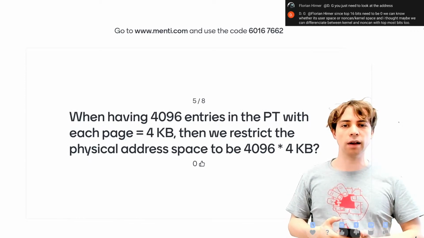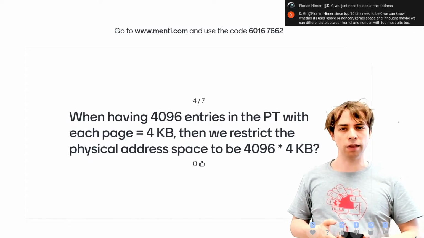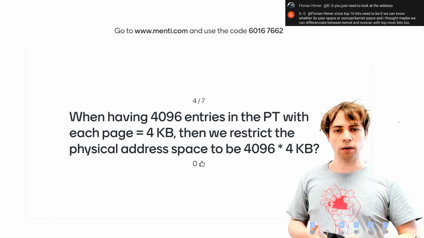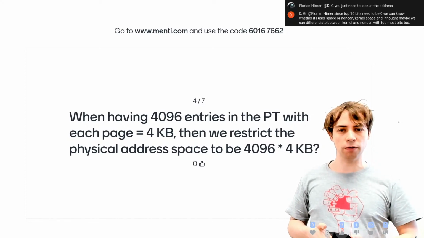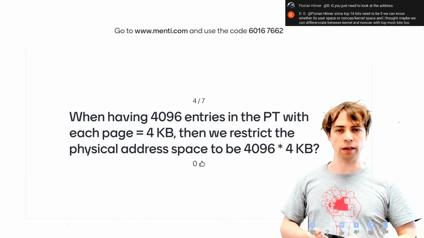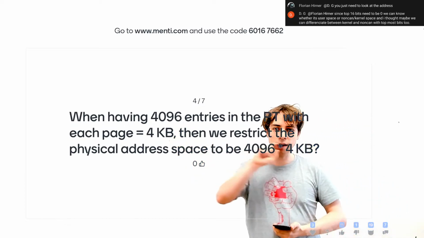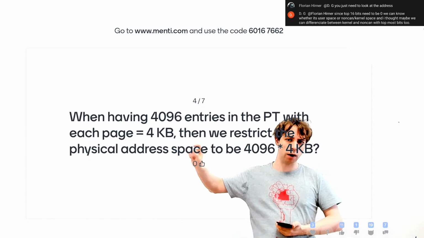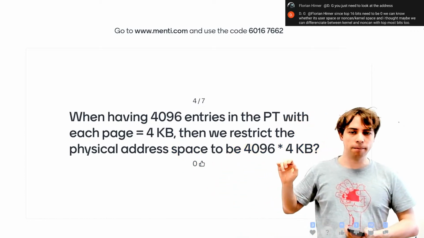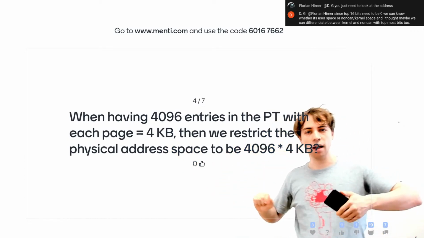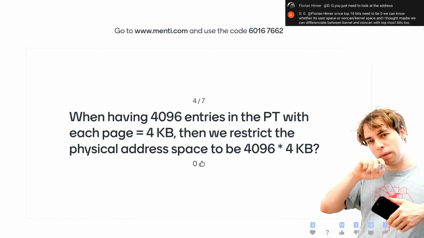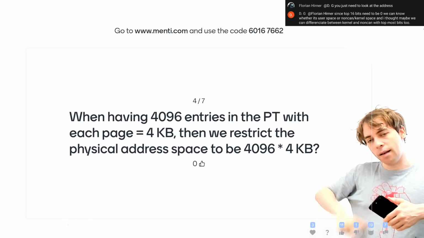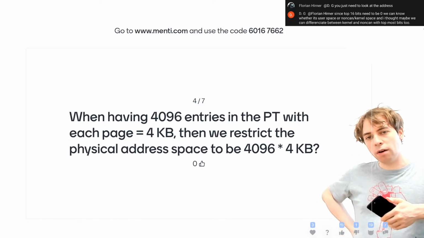When having 4096 entries in a page table with each page 4 kilobytes, then we restrict the physical address space to be 4096 times 4 kilobytes. I don't know what design would... So if you would design it like this, each page is 4 kilobytes, then it depends on the pointer size, how many entries... Okay, so I think what you are referring to is